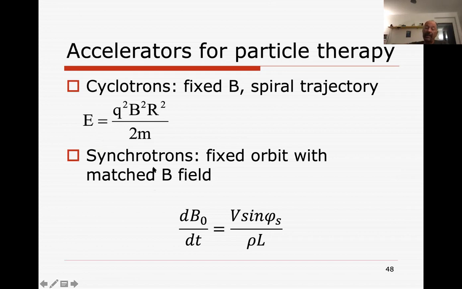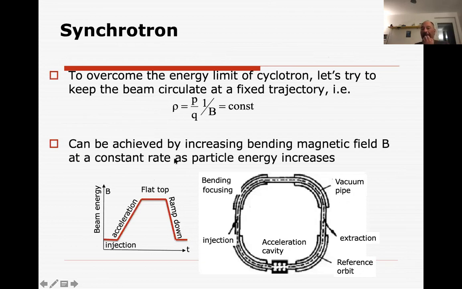Synchrotrons instead are fixed radius, so the particles move along a fixed radius, and then of course you have to have a change in magnetic field. To have a synchronous movement, you have to satisfy this condition. And you see here in the synchrotrons in particular,